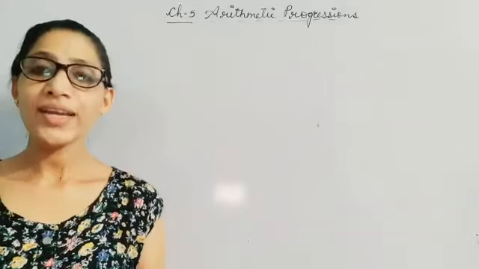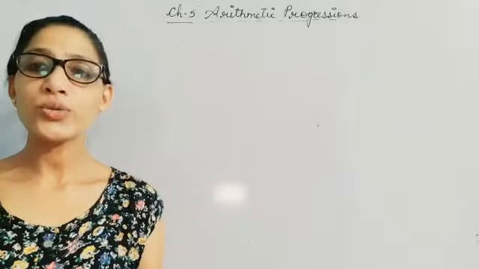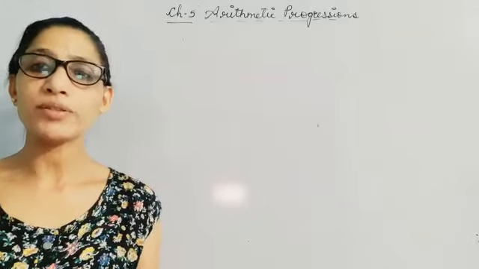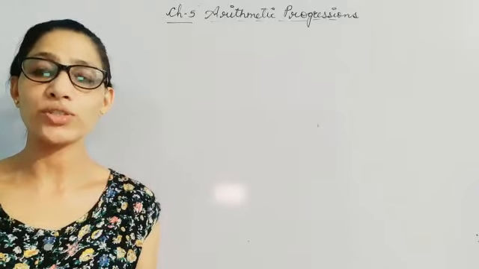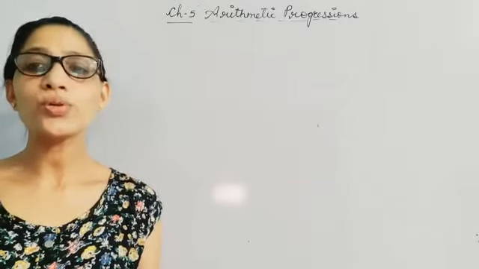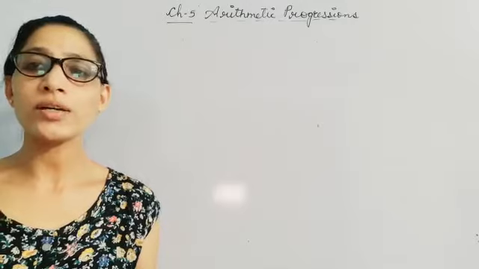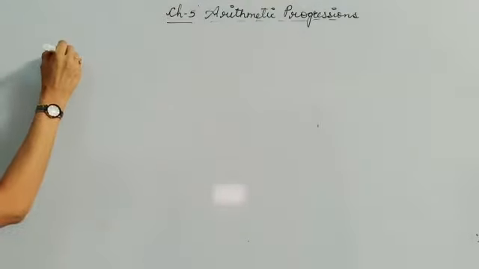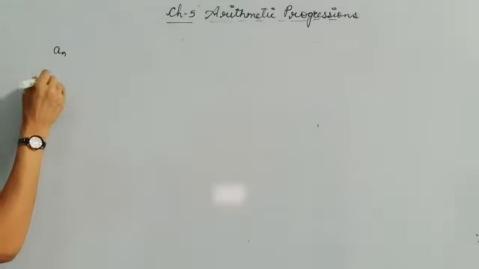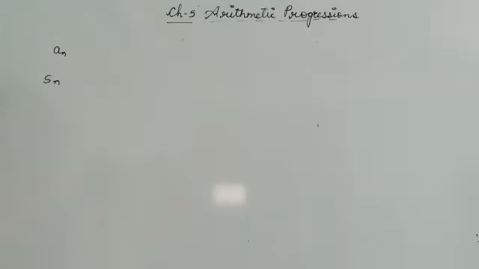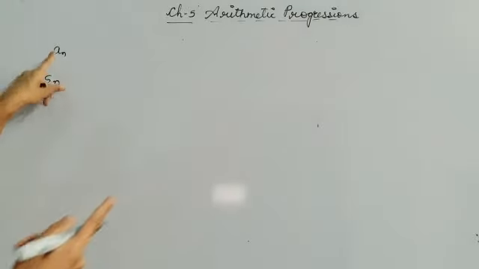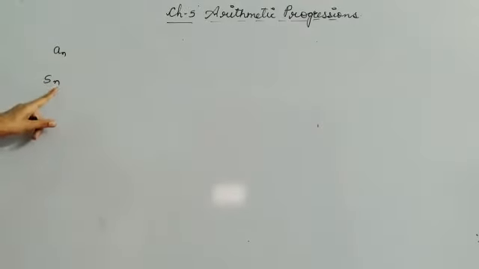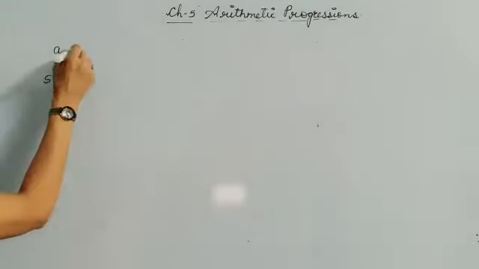Hi everyone. In this video we are going to take up quick revision of chapter 5, that is arithmetic progressions. Children, you know that this chapter revolves around just two formulae, the a_n term formula and the S_n formula. This is to find out the nth term in the given progression, and this is your sum of n terms. So you know the formula now.